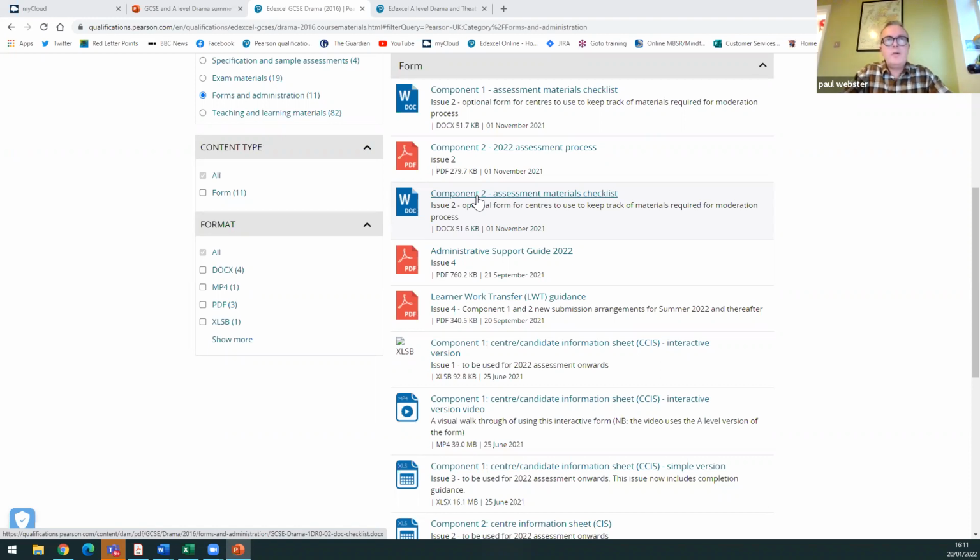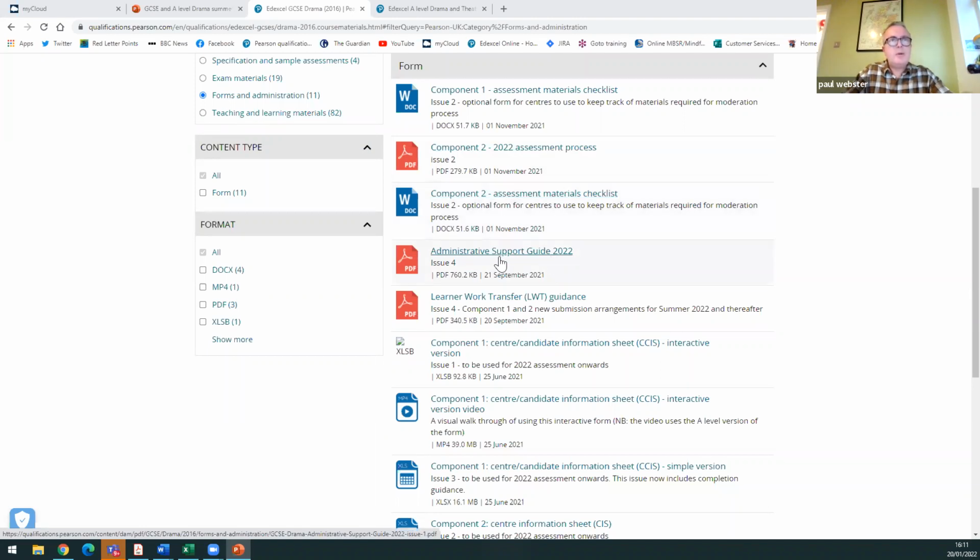If you are just going to record the work and send it to your examiner, you don't need to send anything in advance. You send it all at the same time. So you'll send the intention sheets, you'll send the extracts, you'll send all the student mark sheets, all of it at the same time when you submit your work, and the recordings, of course, of the performances.